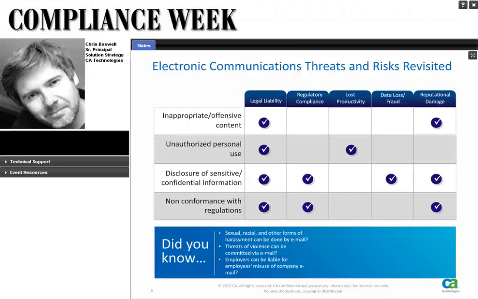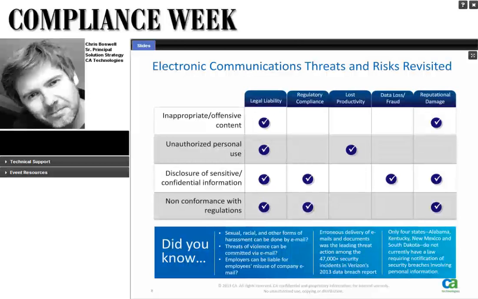But a lot of the focus that we end up seeing is usually on disclosure of sensitive and confidential information. So when this happens, as you saw in the sample emails on the previous slide, you can have not only reputational damage but legal and regulatory compliance issues as well. In fact, according to Verizon's 2013 data breach report, of 47,000 plus security incidents, they found that delivery of email and documents was the leading threat vector out of all the incidents that they had looked at.